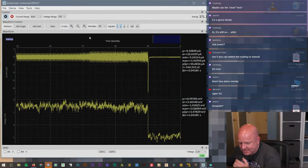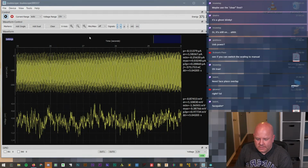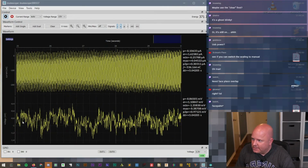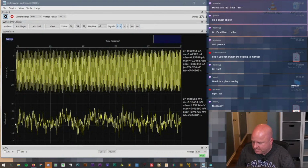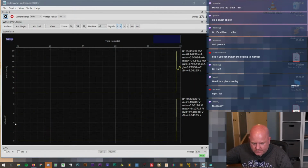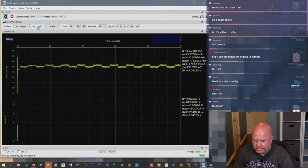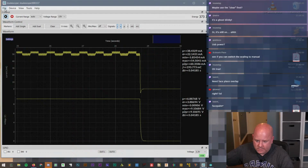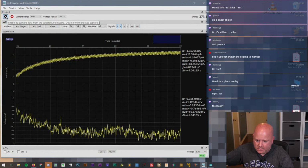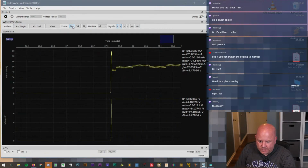Supply is still in the off state. So now if we just look at the scale over here, we're seeing basically 0 volts. Okay, so let me turn this on and then we can, okay. I hit the wrong button. Okay, let's turn it off, and then we'll turn it on and stop. So now when we zoom in,